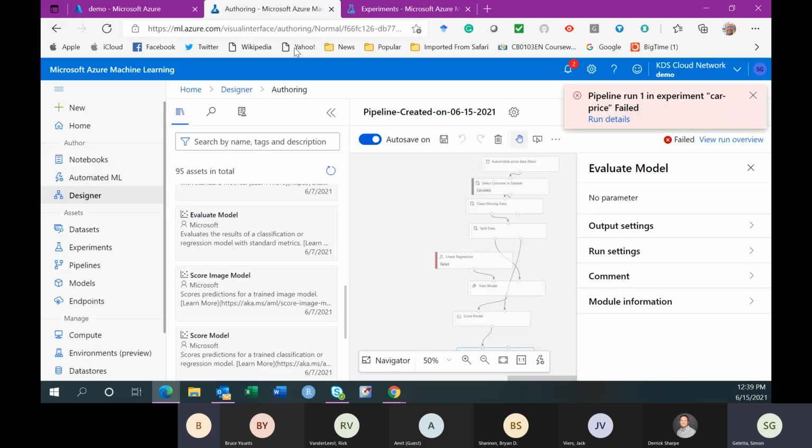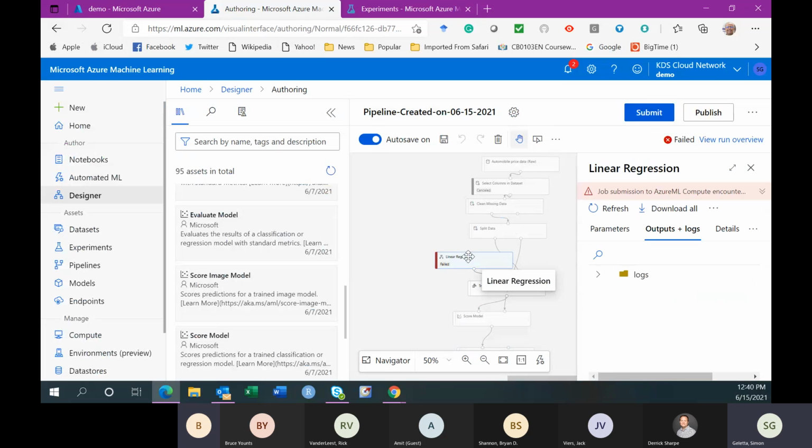So let's go back and see. It looks like the pipeline run may have finished or failed. It failed for some reason in the linear regression.